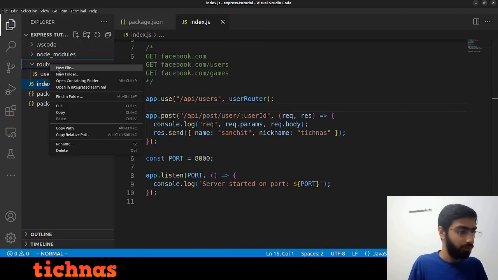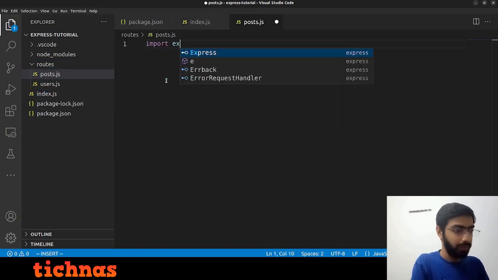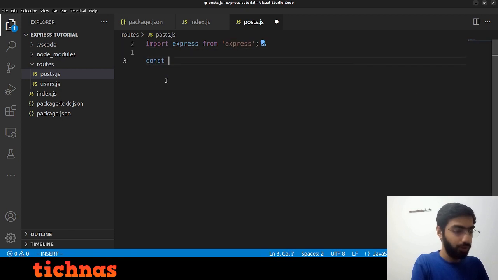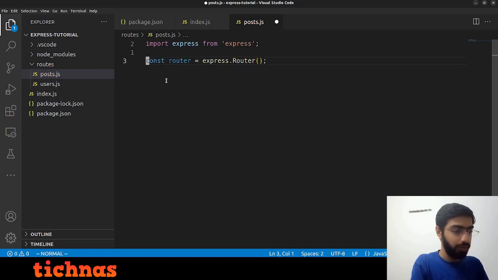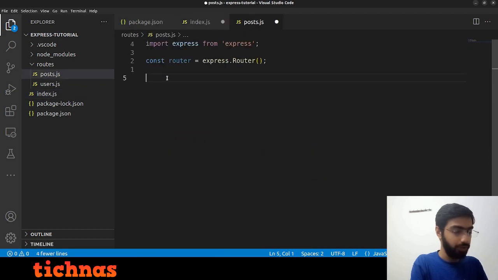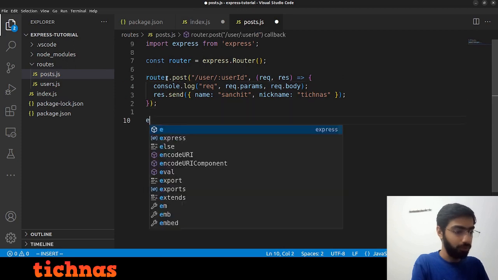Create another router which will be post.js. Import express from express, const router equal to express.Router, and go to index, cut this much here, go here, paste it, change app to router, and remove this slash API slash post because that will be assumed. And now export default